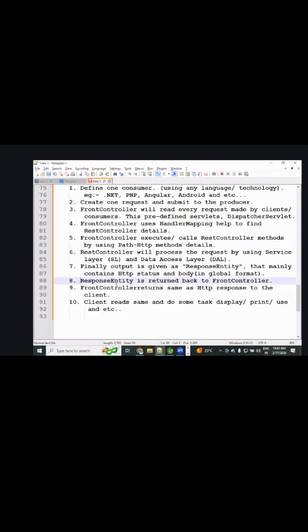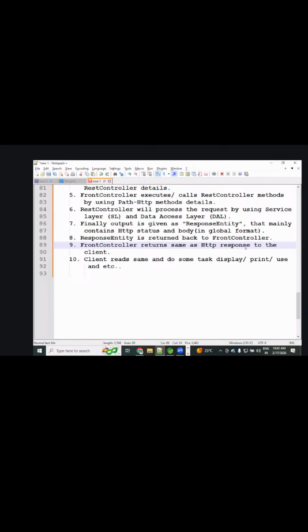Next one, the response entity is written back to the front controller. The front controller returns the same as HTTP response to the client. The client reads the same and adds to the task, display, either print or whatever you can use. Okay, right.